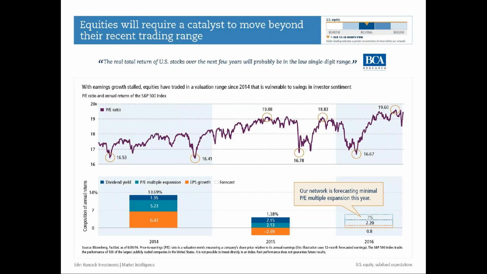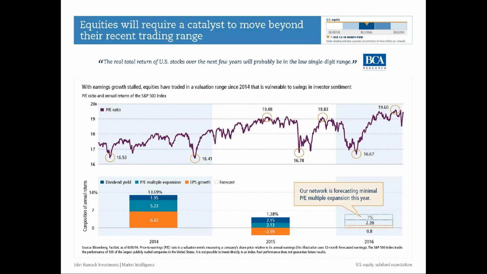If you look underneath here, what we've done is look at the last 2 years, going left to right, of annualized returns of the S&P 500, and we broke it down into 2 drivers of return. Let's take 2014, for example. The dividend yield was about 2%. Dividends over the long term tend to be a nice tailwind to returns, and they're an important component. Then you have the PE multiple expansion. That was about 5.2%. So think about the price to earnings multiple when you bought it, and then when it ended the year, and how much that changed.